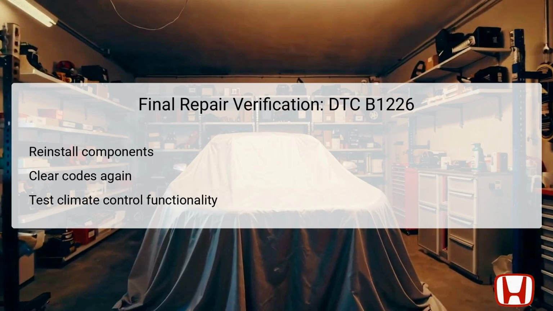This involves running the climate control system through its various settings to ensure that it is reading temperatures accurately and responding as expected. Monitoring the functionality during testing will confirm whether the repairs have resolved the underlying issue associated with DTC B1226. Confirming the successful operation of the climate control system is vital for user comfort and satisfaction